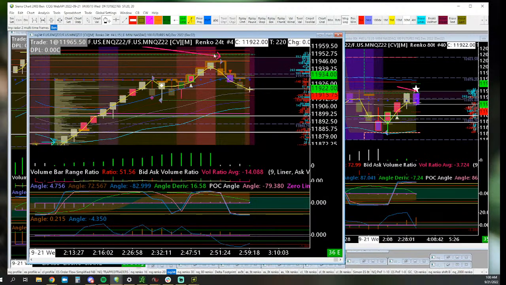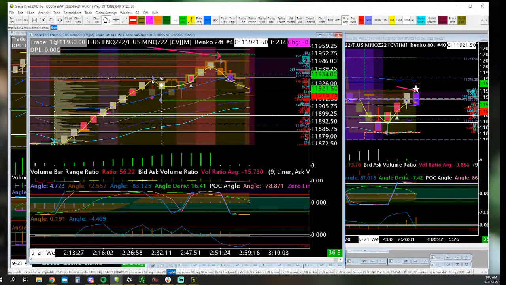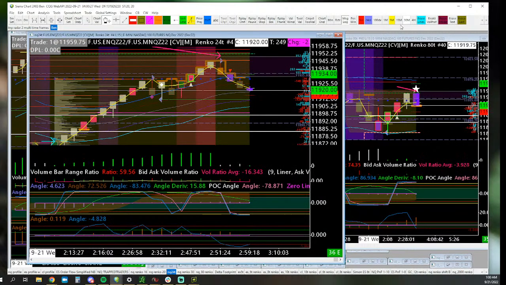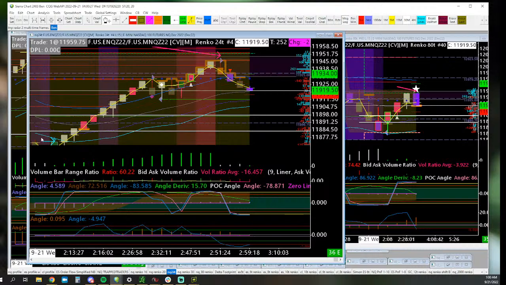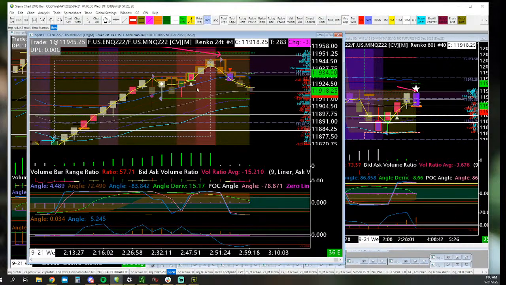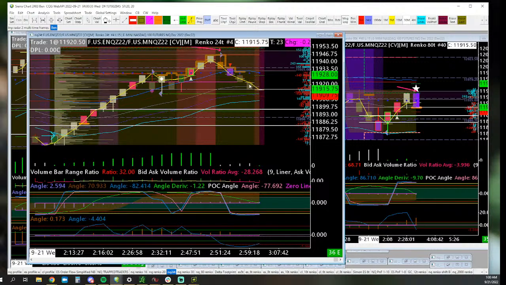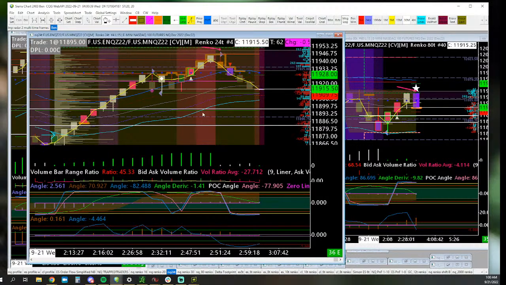Now the POC is supposed of the. Oh wait, did I not adjust this? Fuck, I didn't. Okay, where's the actual POC? Now it's moved up. I might actually, hold on. Let's just redraw this. It started there, ended here. Okay, cool. So we got through the POC. We've now put volume below it. Meaning that this should go lower, but